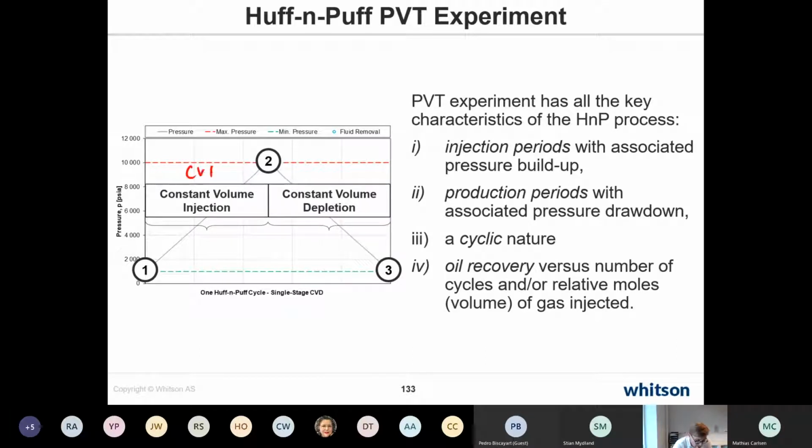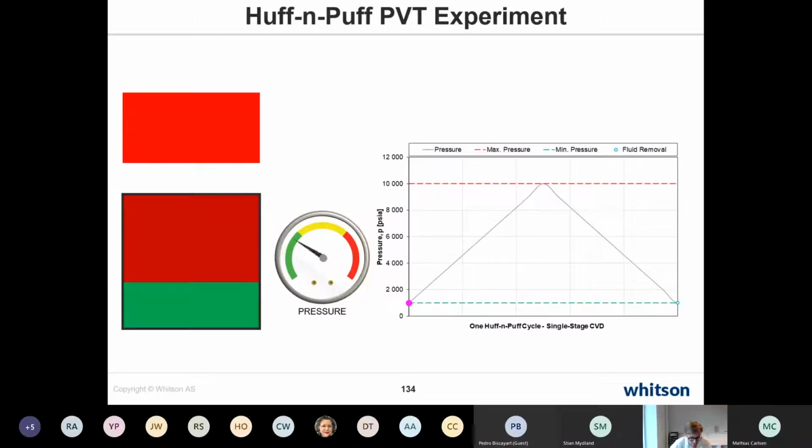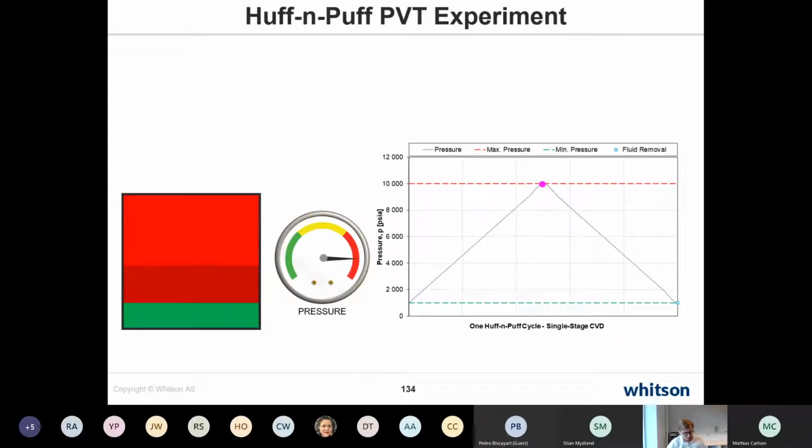volume injection experiment and a constant volume depletion experiment that we did in a cyclic manner, and that was to make sure that we had a PVT experiment with all the characteristics of the huff and puff process: injection periods with associated pressure buildup, production periods with associated pressure drawdown, cyclic nature, and oil recovery versus number of cycles or relative moles injected. We showed this particular cartoon where we started at the minimum bottom or at some minimum pressure,